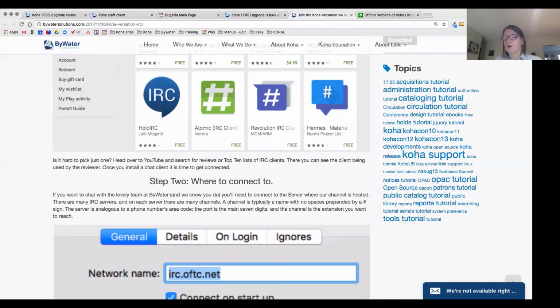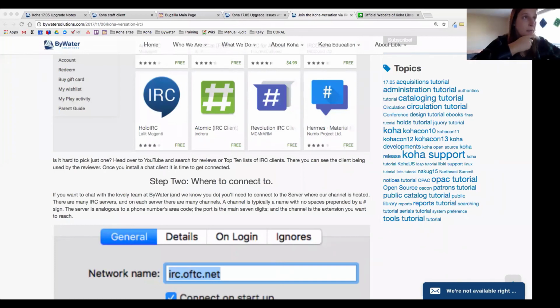So as you know, we're all virtual employees and we chat all day through our IRC. So if anybody, instead of putting in a ticket or calling, had a quick question, you can always put it in through the IRC, the BWS partner website handle or the Koha handle, and you would be able to get us pretty quickly. Wouldn't you say, Ed? Yeah. So, and plus, if you had any questions in regards to this and how to do it, we can certainly help you. But we do find it a great, handy communication tool. If you had that really quick question, or you want to say good morning or hi, just do it. Let us know you're thinking about us at Bywater.